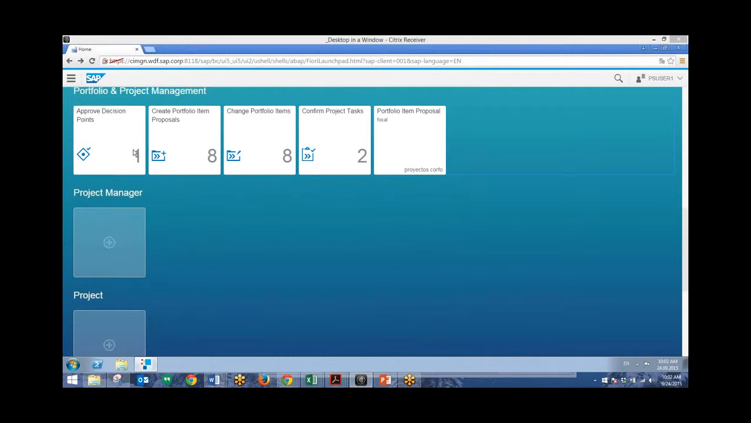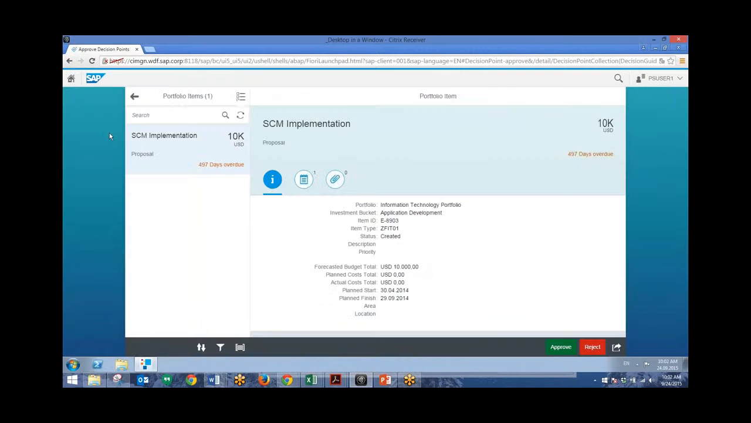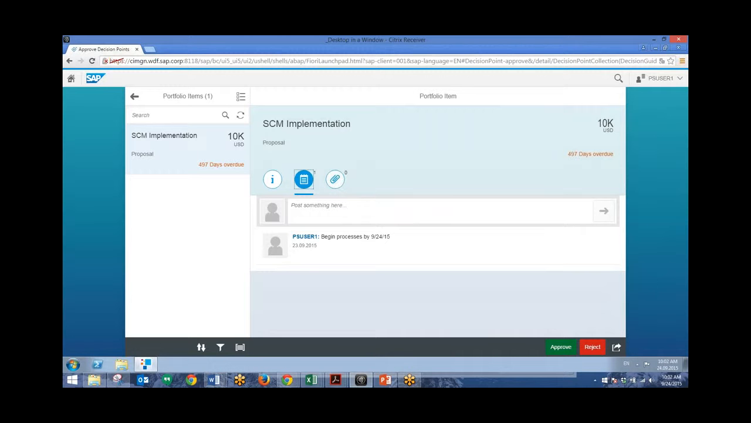So the first one that we'll take a look at is approving decision points. So I'll click on this tile. We can see that we have only one portfolio item here listed. Now if we had more, we can filter by or group by different categories such as item type, decision point, or priority. In addition, you can also attach notes to this portfolio item, and right here we can see that